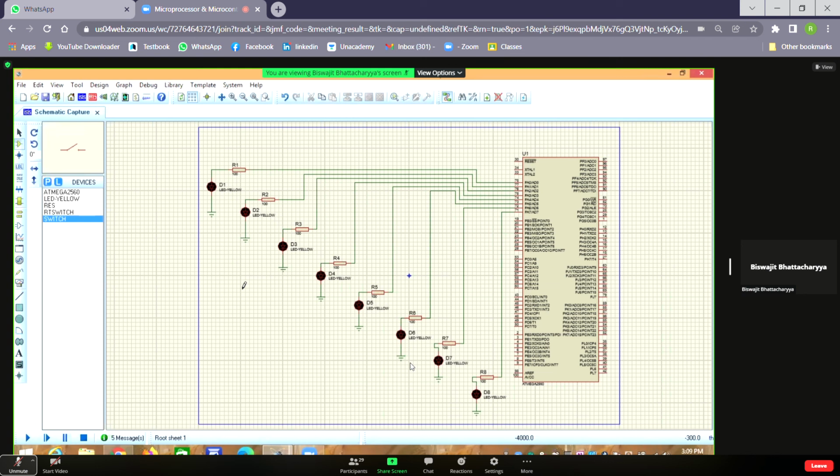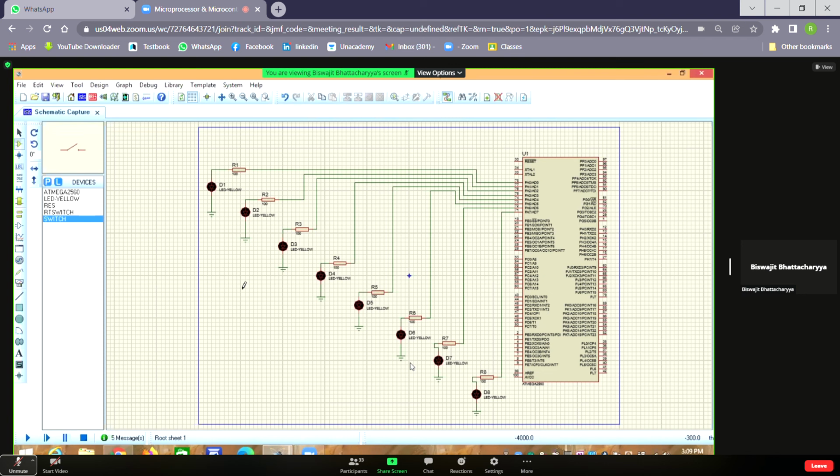The switch will be connected to one port pin and the LED to another port pin. So the microcontroller will read the switch status through one pin, and according to the status of that pin, it will turn on or off the other pin where the LED is connected. That's how the status of the switch will be transferred to the LED. That will be your first program.